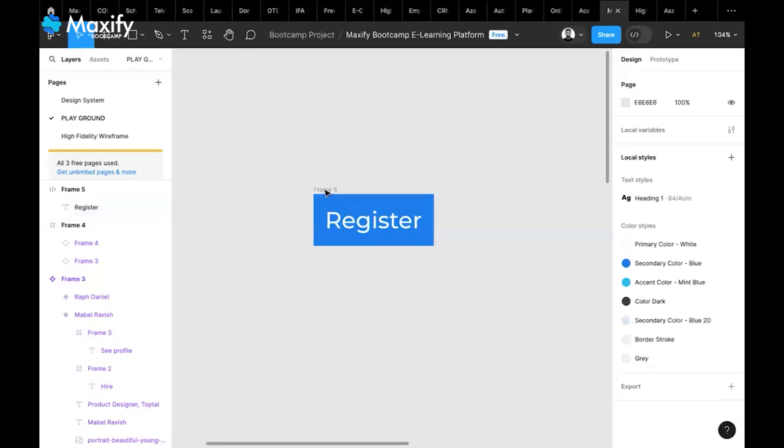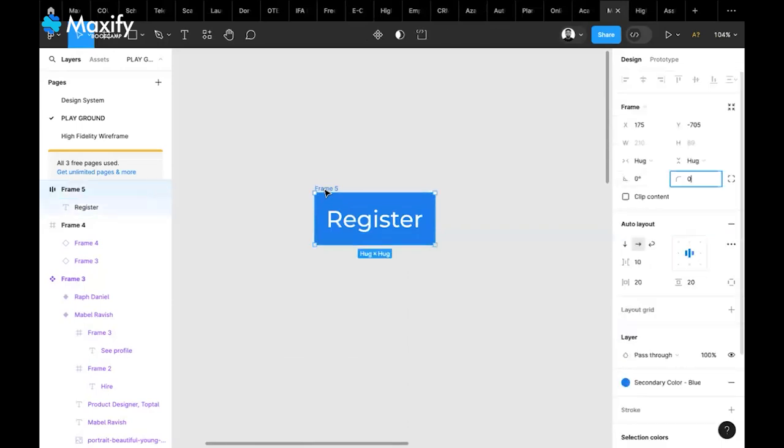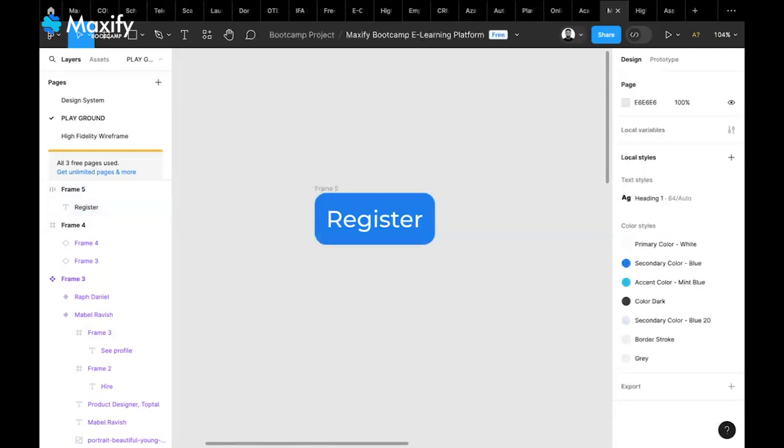This is like an upcoming button. When I click on this, I can make the corner maybe 20, and then you can see that this is a register button created. However, when you are using websites, you see that sometimes when you hover on a button,